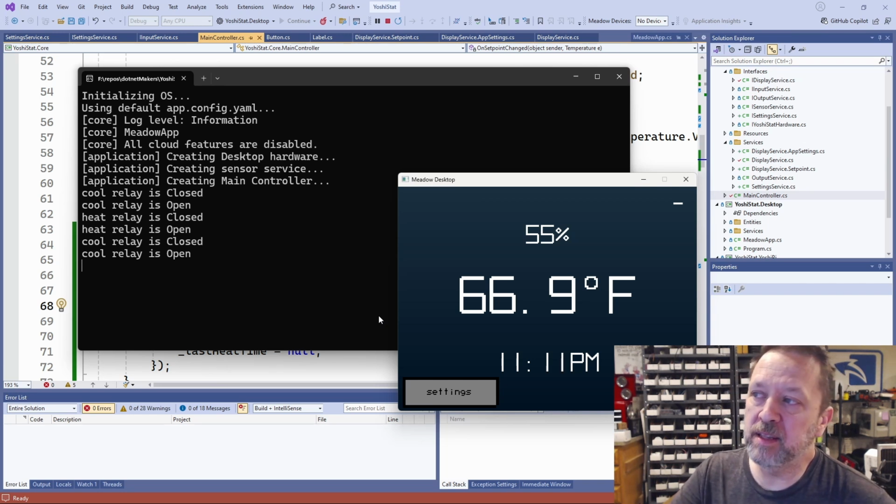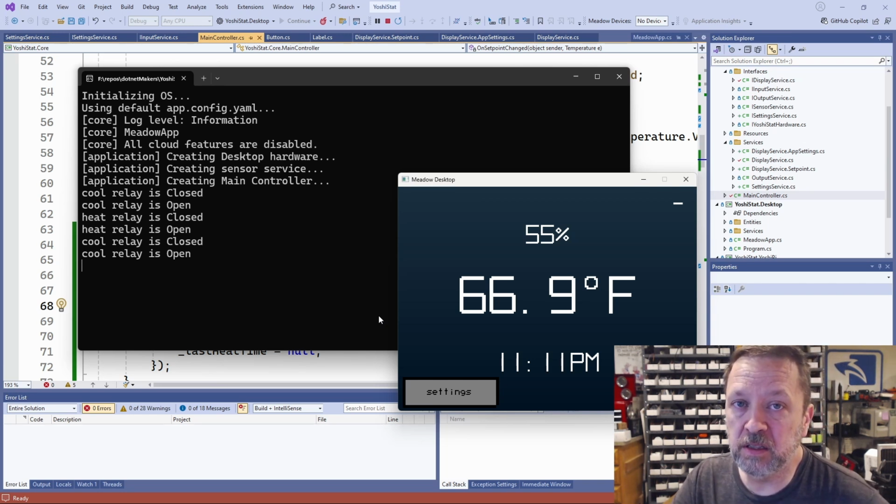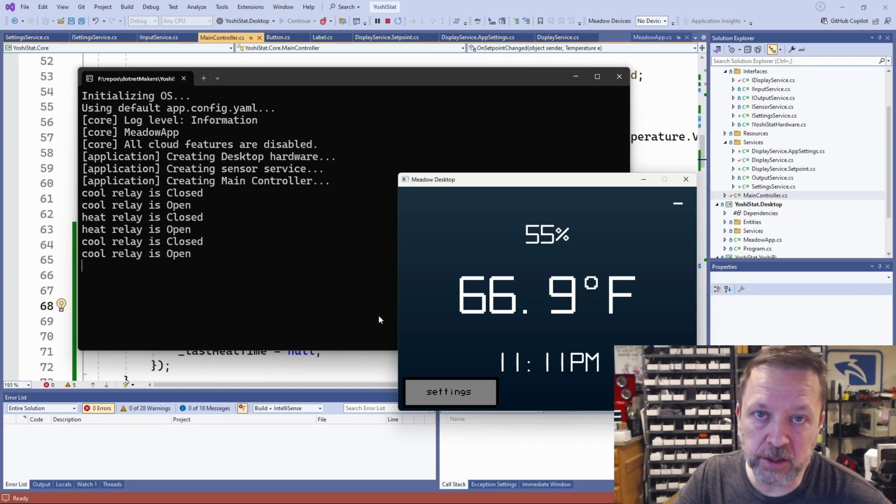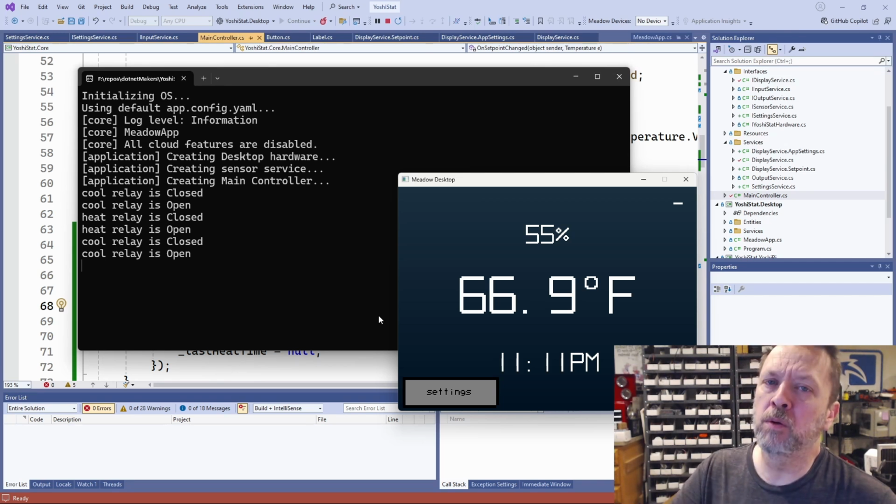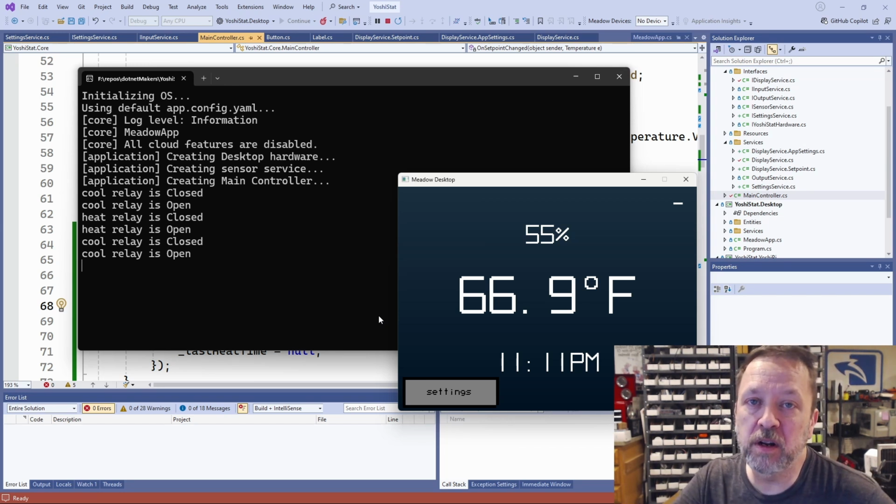The problem with that is it can be a little confusing to the user when you say, I want to heat to 68 and I want to cool to 65. That's a little confusing to users. They're like, what does that mean? These are things that you want to keep in mind if you're actually building a product for other users. How challenging is it going to be to use? A single